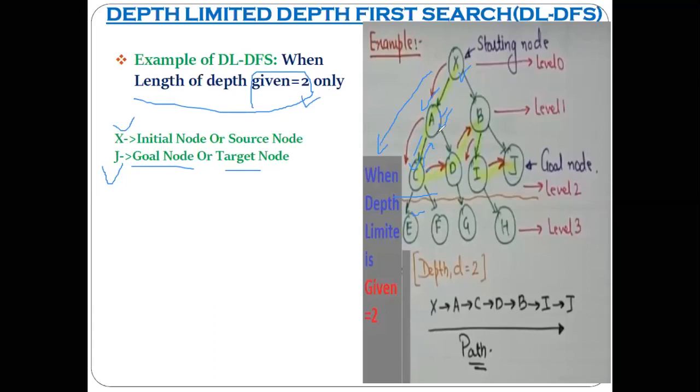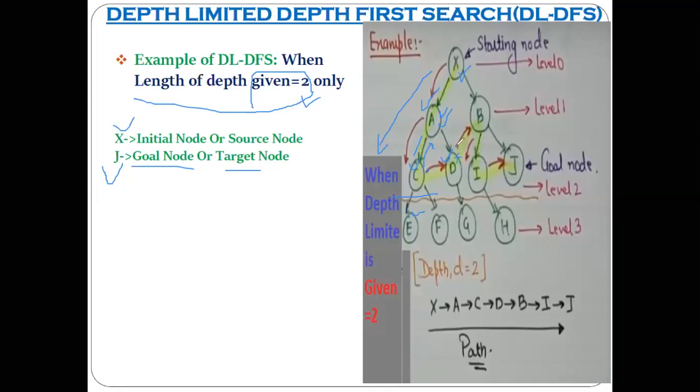Then you see whether there are any other children of A. Yes, D. Correct? Yes, sir. So you push D onto the stack. After pushing D onto the stack, you compare whether D is your goal node. No, sir. So you remove D from the stack.